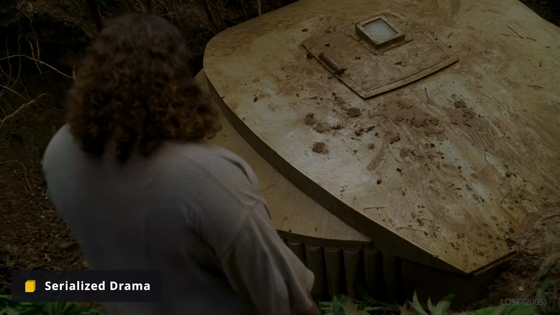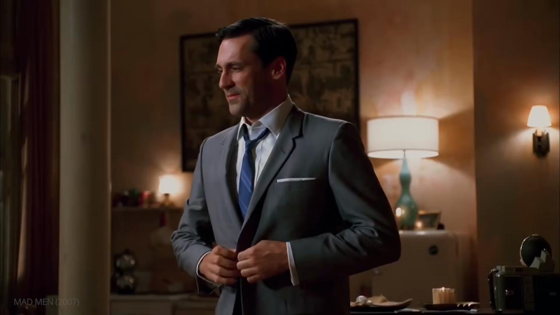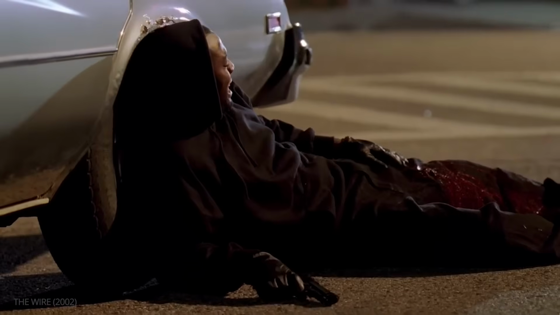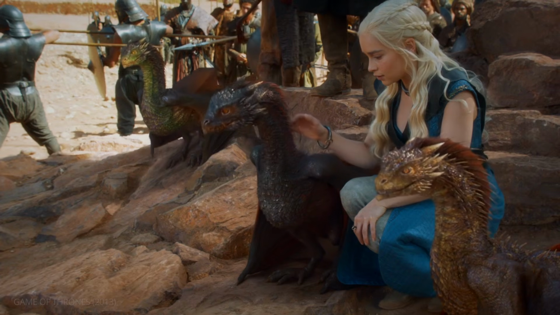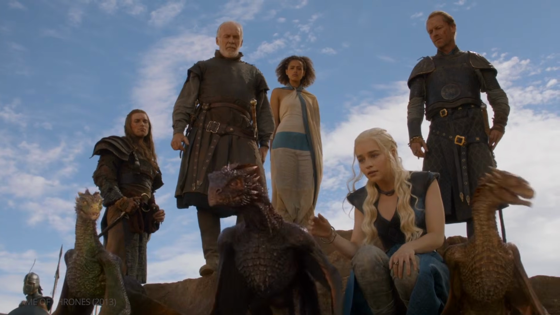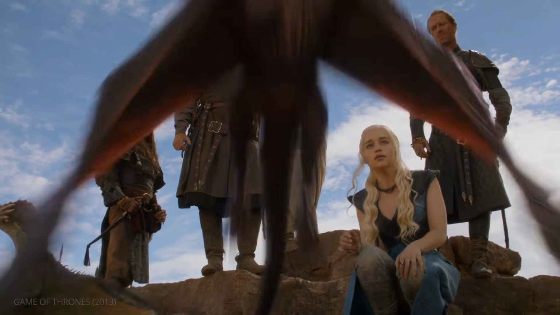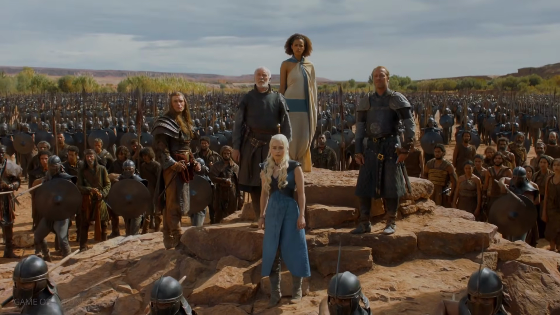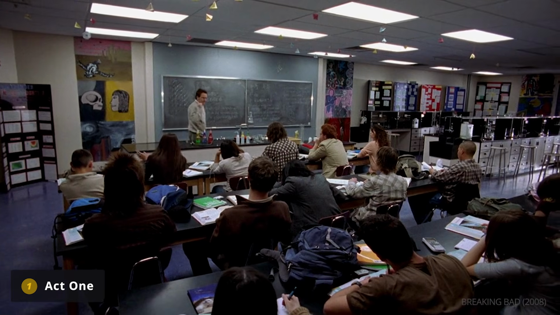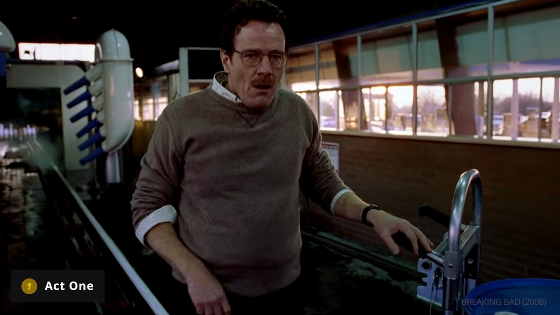Serialized dramas use each episode to tell a larger, overarching story. Examples include Mad Men, Pose, The Wire, and Game of Thrones. This form of TV typically breaks the script into 4 acts. In Act 1, we are introduced to the normal world and its characters, which is shaken up at the end